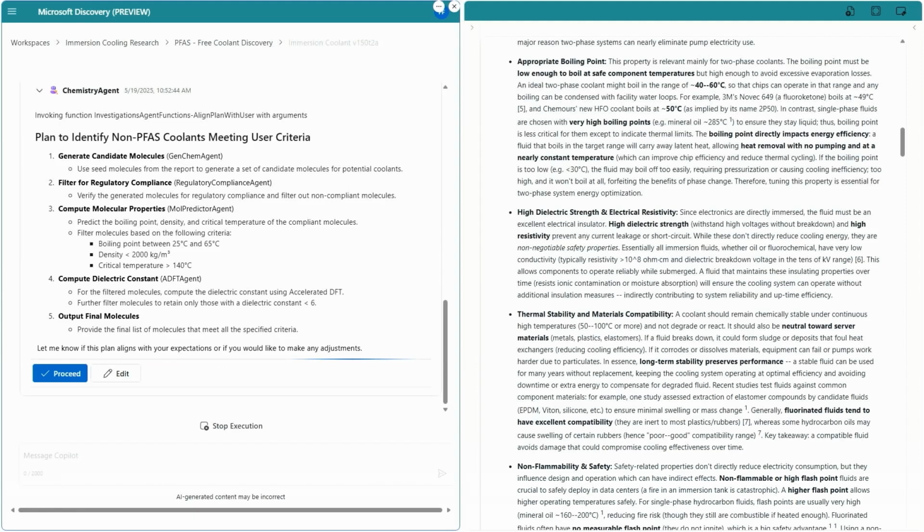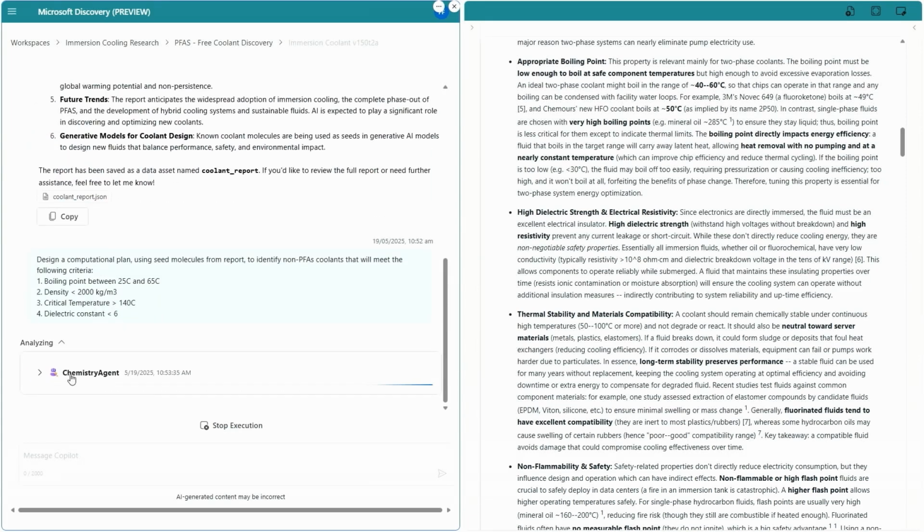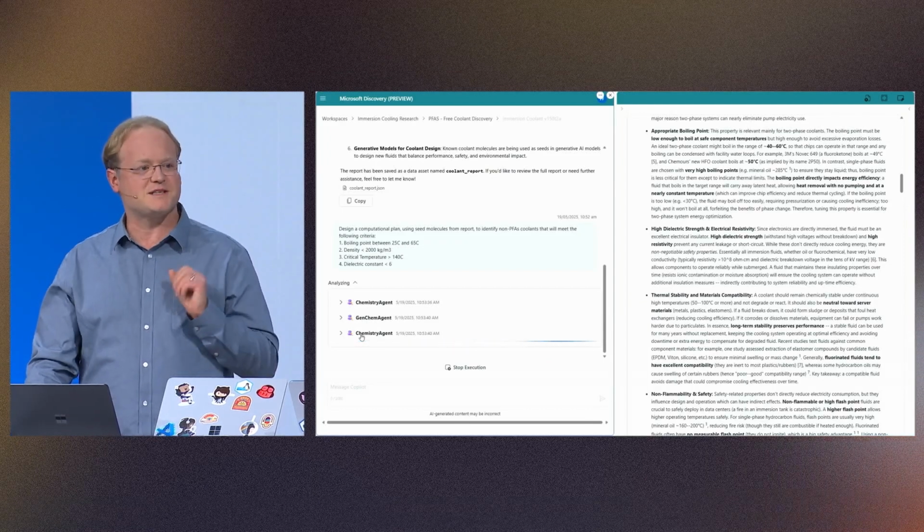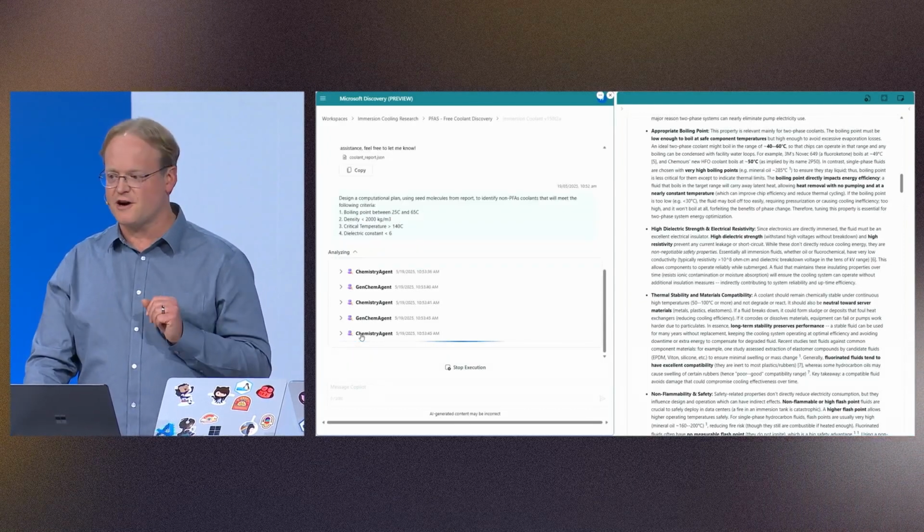And you know, as I look at this, I like this plan. It looks like a good approach, so let's go ahead and run it. We click proceed right there. And with that, we're in step 3, experimentation. Microsoft Discovery executes this full plan, choosing and managing the best HPC resources in Azure. And in the future, it will also integrate our advances in quantum computing.